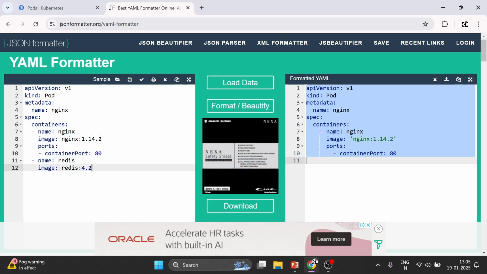So you will not add volume to the same line because it will come under the Redis image. So it will be wrong. So how will you do that? So inside the